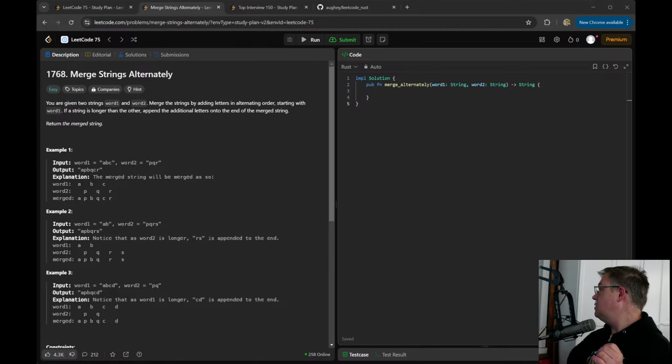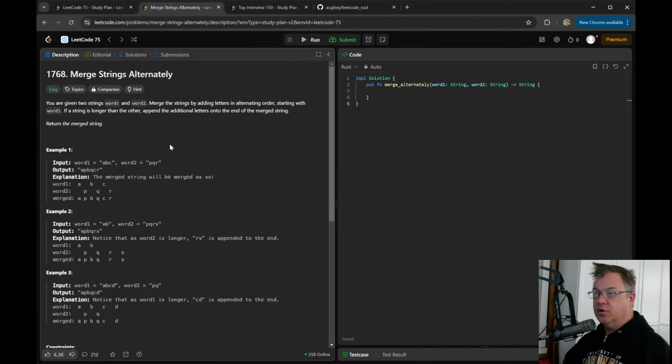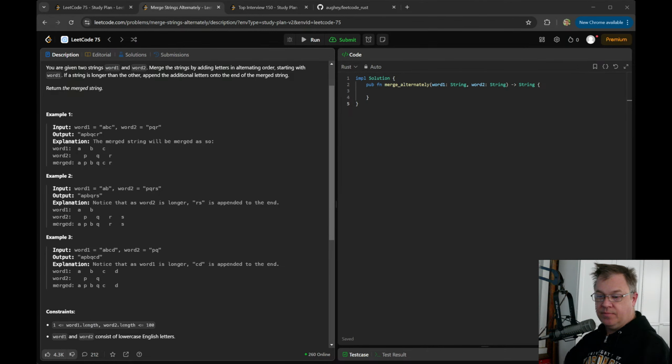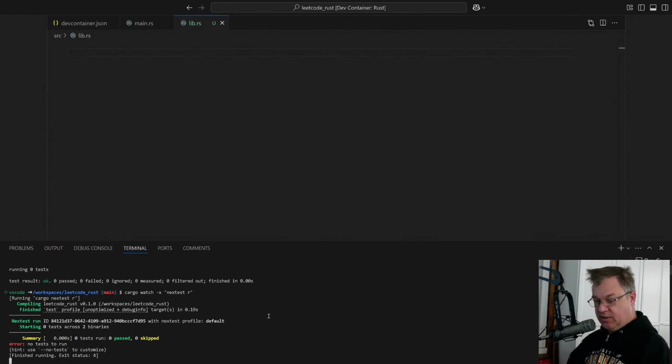And okay, let's go. Merge strings alternately. Like I said before, really what I think I would want you to get out of this is not here's how to do all of the code examples, but really like, this might be good ways to set up a Rust development, or here's how I think, what's going on. So let's just get into this.